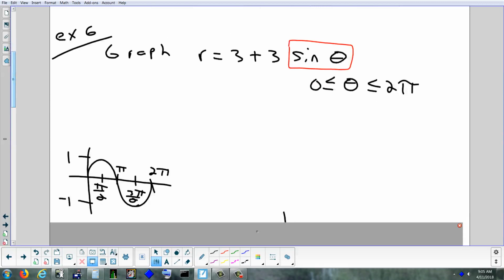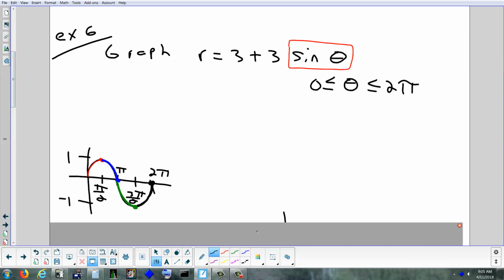Any questions on that sketch? All right, so for example, if theta was 0, sine of 0 is 0. If theta was pi over 2, the sine of pi over 2 is 1. If we went to pi and plug in sine of pi, we get 0. If you go to 3 pi over 2, plug that in for theta, sine of 3 pi over 2 is -1. And then if we go all the way to 2 pi, the sine of 2 pi, plug that in, we are back